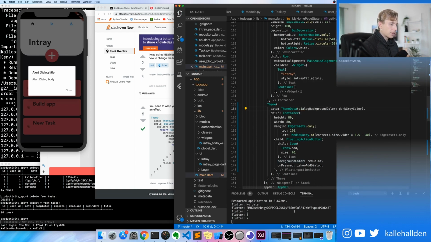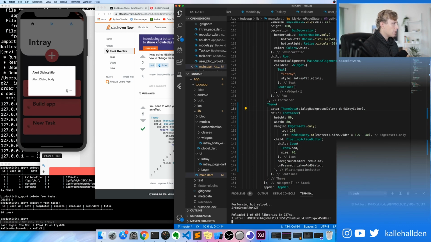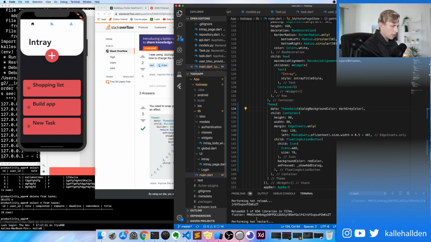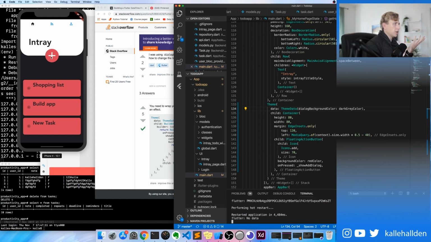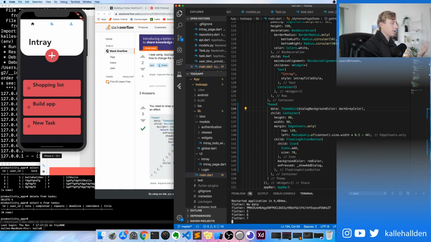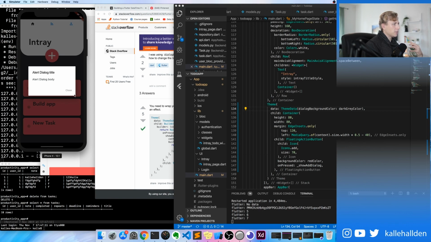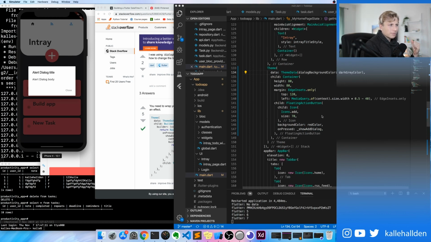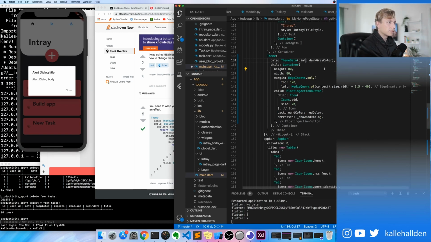Dialog background color. Nope. Sometimes you need to do, because you can do the hot reload, which is where you just press R and it will just reload, or it's sometimes... Okay. Wait. So maybe